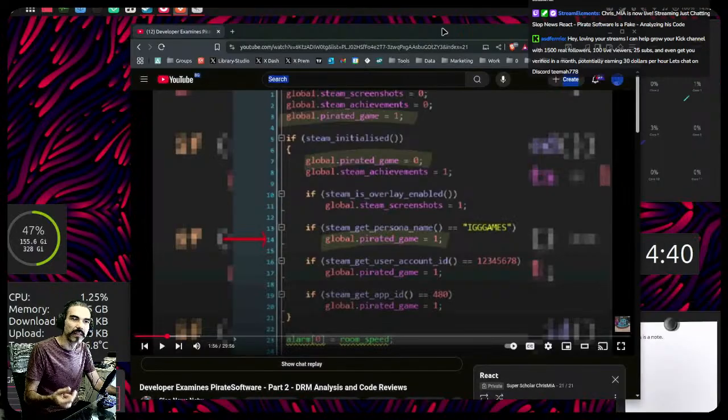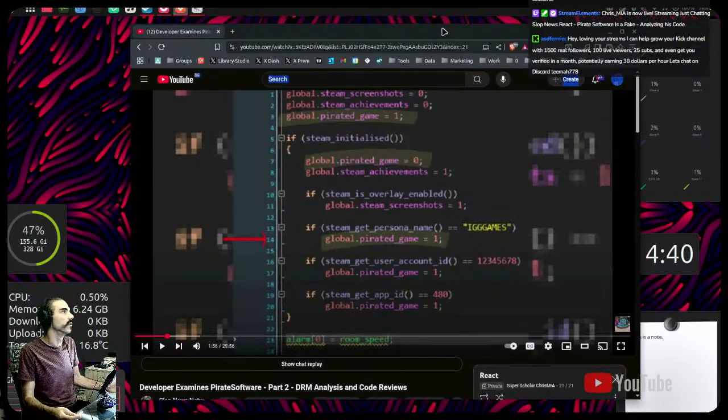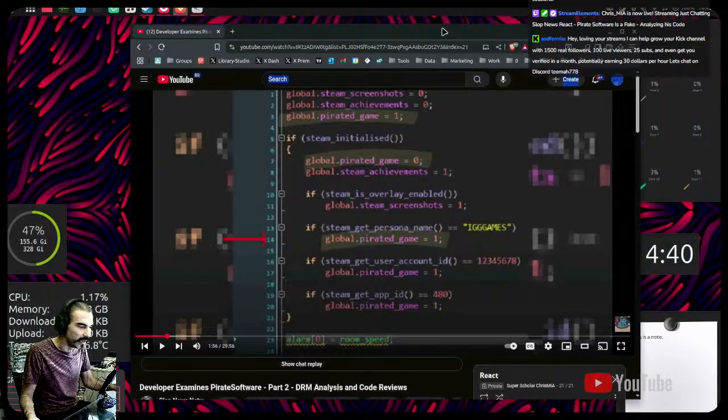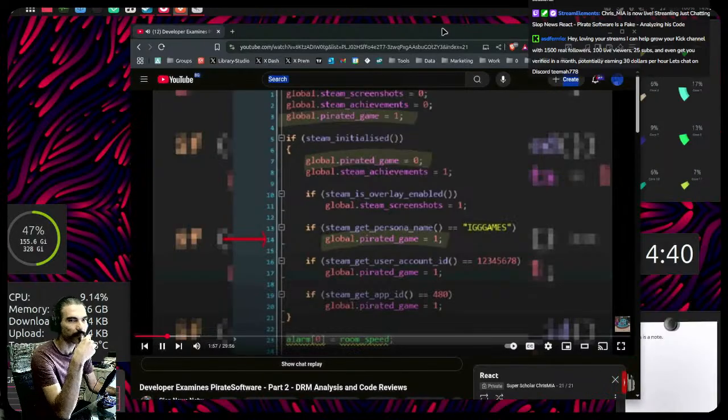That's the logic that makes the difference between a linear mind, a person that thinks so uncreatively that they're thinking about the exact thing and coding that exact thing, versus a person that thinks about a bigger picture involving other case scenarios. This is one case scenario he thought of. Oh, what if it's IGG Games? That's the only one I'm familiar with. But what if there's others? What if a new one pops up you don't know about? That's why you just say not equal to Steam, which will catch every other case scenario. That's it. It's an IGG Games crack copy of the game.